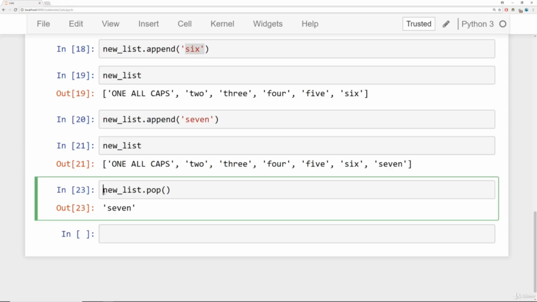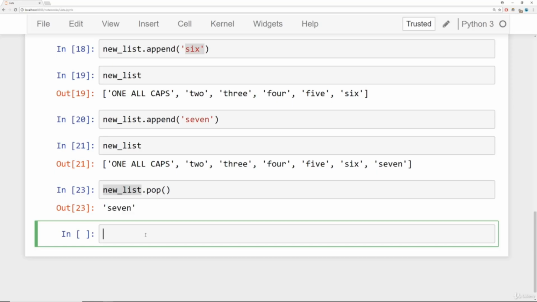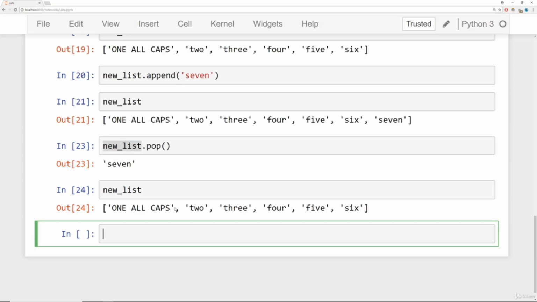But right now, we saw that we said new list.pop, and it's popped off the 7, and it's actually returned it as well. And if we take a look at what new list is now, it no longer has the string 7 in it. Now it just goes up to the string 6. So let's actually save the result of a pop. So we can say